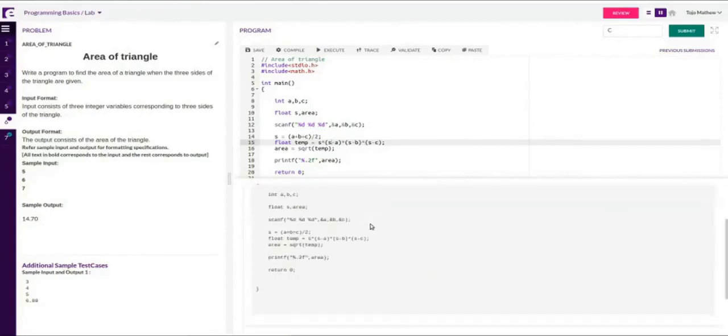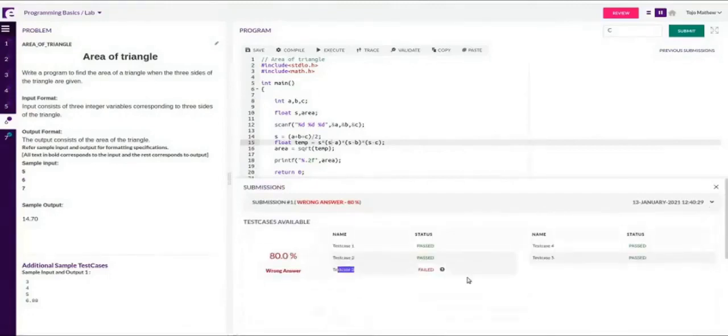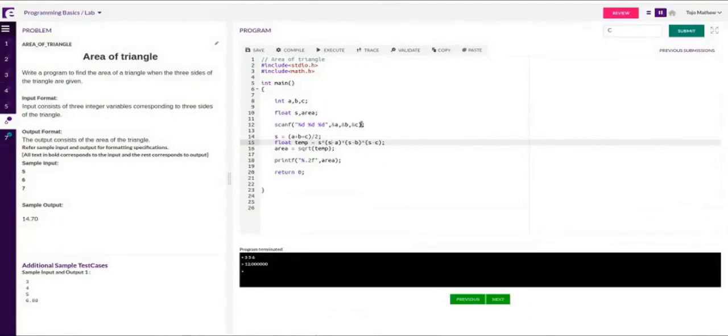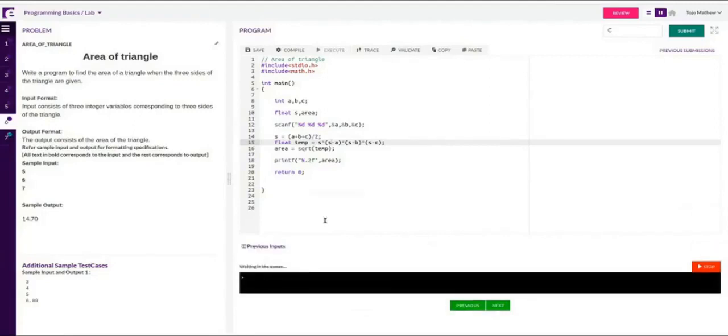Okay, it is showing your program also. Anyway, it is already here. Now what we have to do is close this window and go and see. Maybe I will execute once manually. So that test case is for an equilateral triangle. The area for an equilateral triangle, the formula is different. But Heron's formula should work for that also. But why is it not working? Yeah, we'll figure it out.